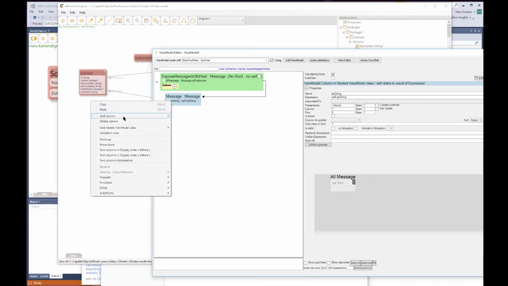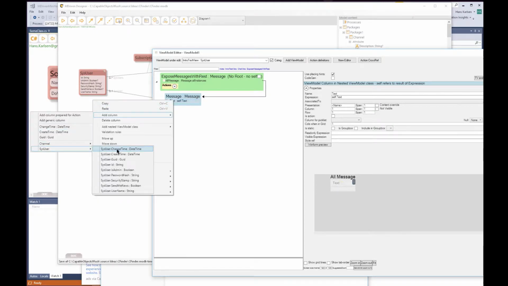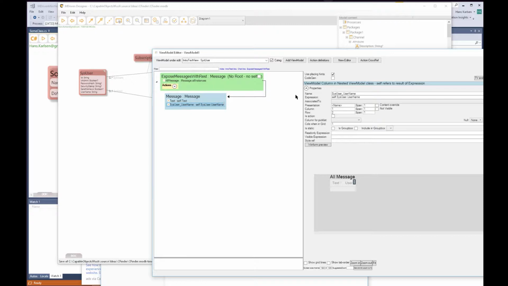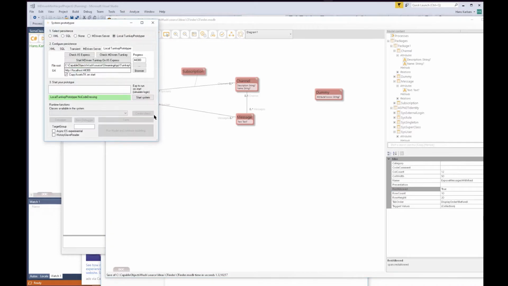So take all the instances of messages and the text and also the username of the one posting the message, and I called it REST, but I also have to put it as REST allowed here. So now the server is updated,